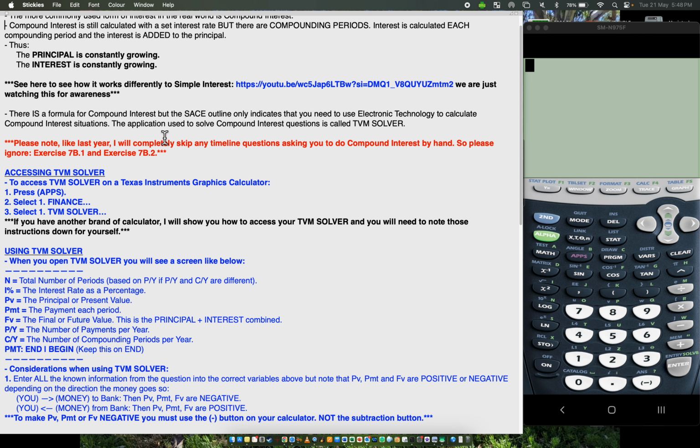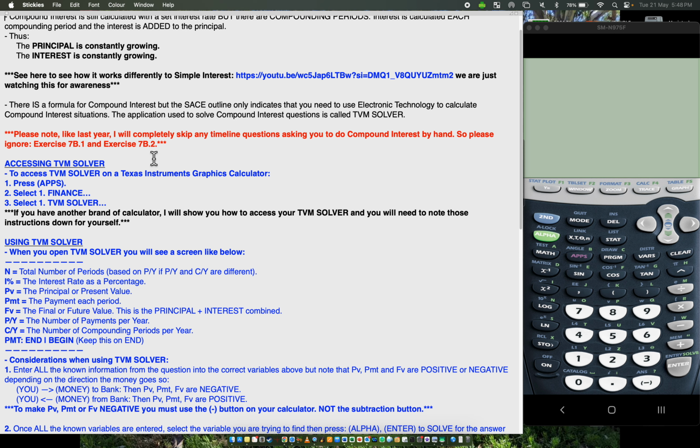Now, there is a formula for compound interest, but the SAYS outline only says that you need to use electronic technology to calculate compound interest. So the application that you use to find the answer to compound interest questions is called TVM solver. Now, last year, 2023, was pretty successful in my class. So like last year, I'm going to completely skip any timeline questions asking you to do compound interest by hand. So you will ignore exercise 7b1,